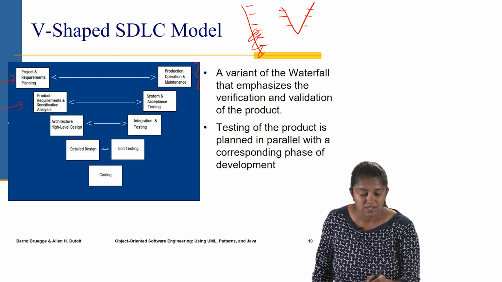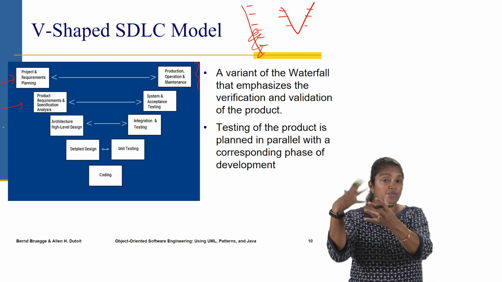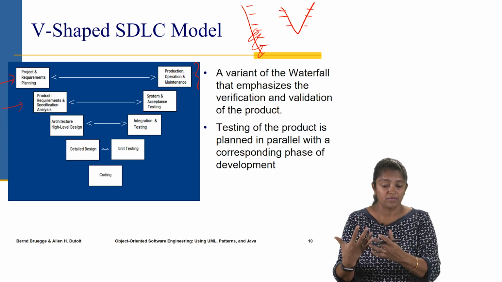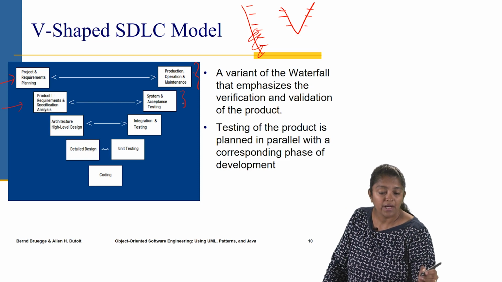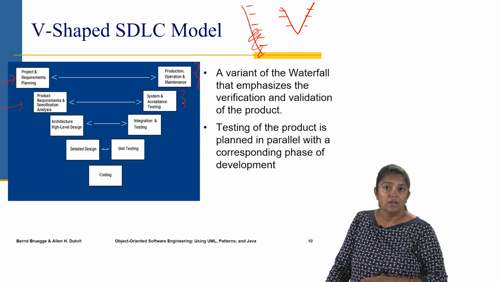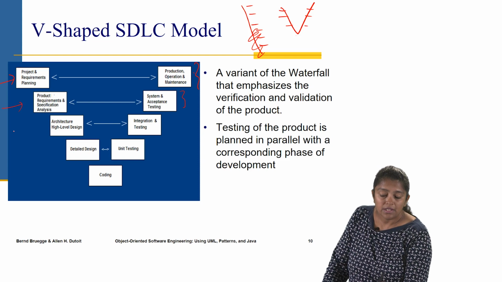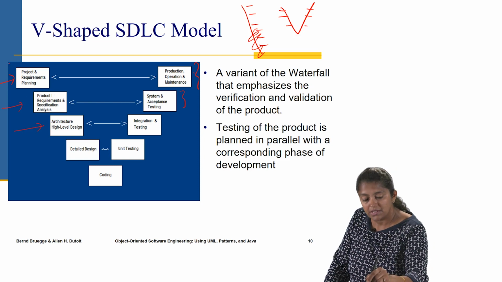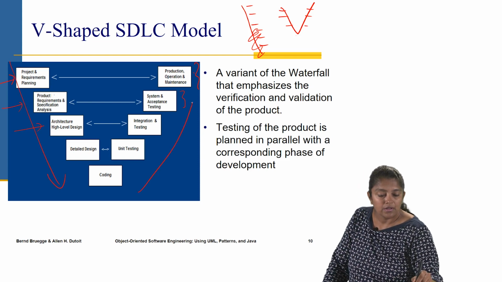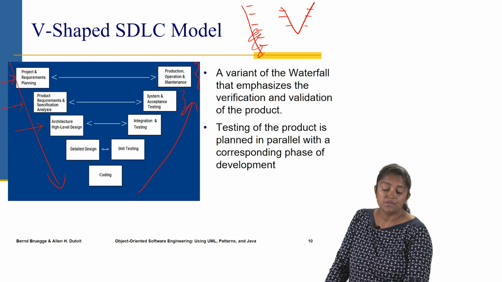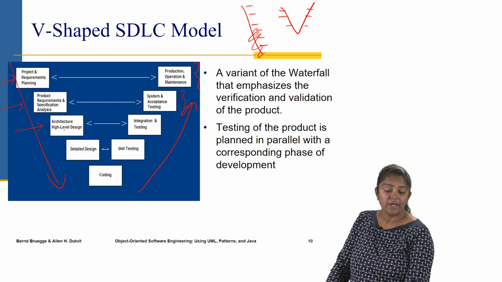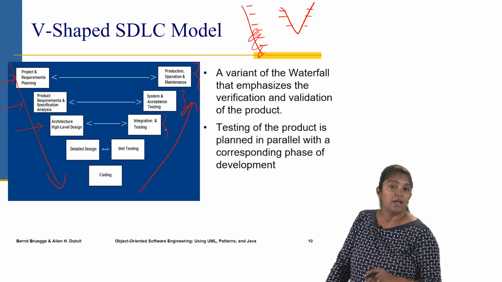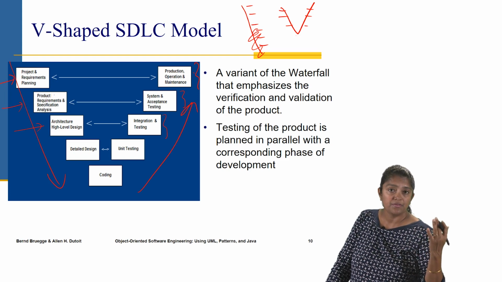Then the next phase is, once the requirements have been obtained, we're analyzing the requirements. While the requirements are being analyzed, in parallel, system and acceptance testing can be done. Then we basically go in this order, and then this way. So the third phase is the high level design. While the high level design is being done, in parallel we can start planning for integration testing and the different test cases for the strategy for integration testing.